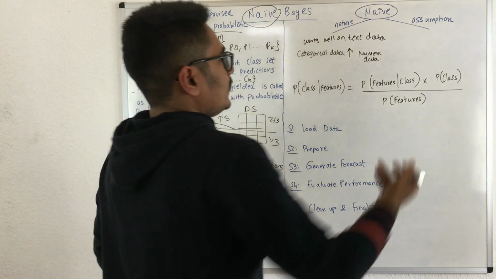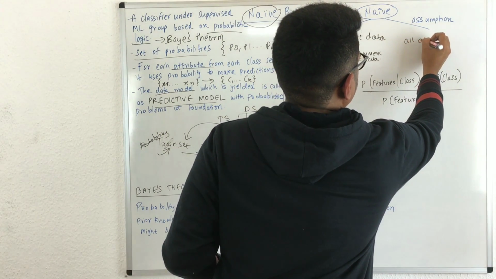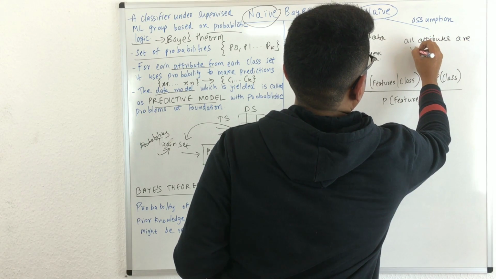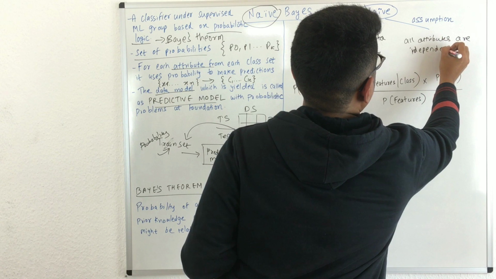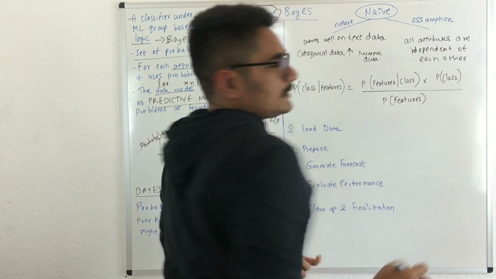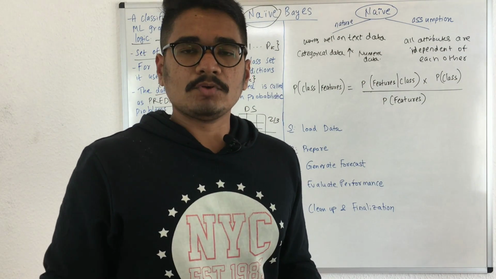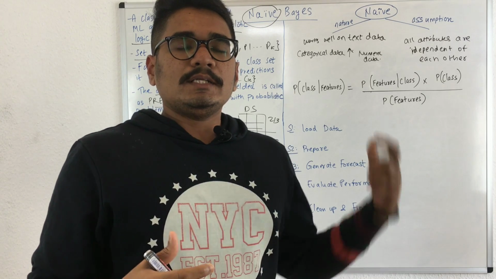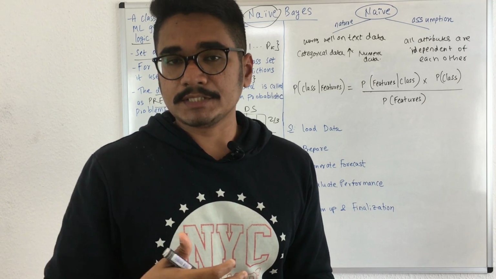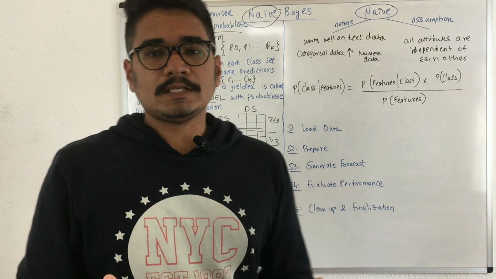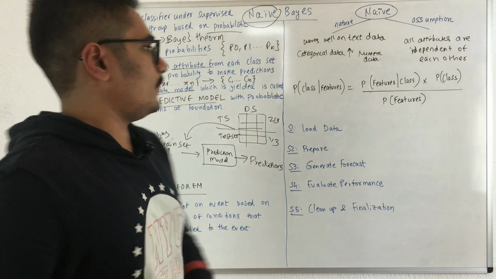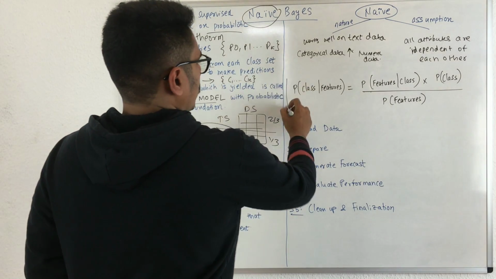And the assumption it carries is that all attributes are independent of each other. It means for a particular class we have n number of attributes, and naive Bayes assumes that each of those attributes is independent, meaning they don't have any correlation among them. So these two reasons are mainly why it is called a naive Bayes algorithm or a naive Bayes classifier. Now in this you need to calculate the probability.